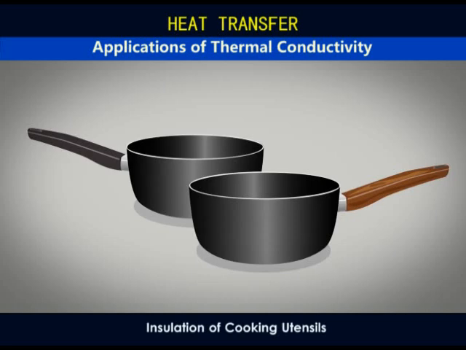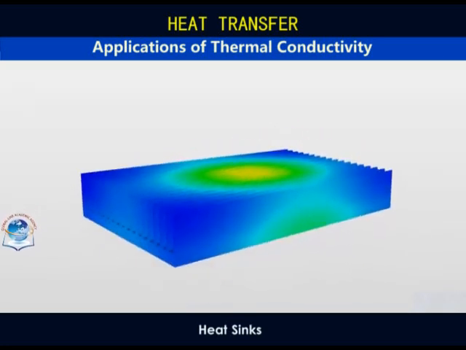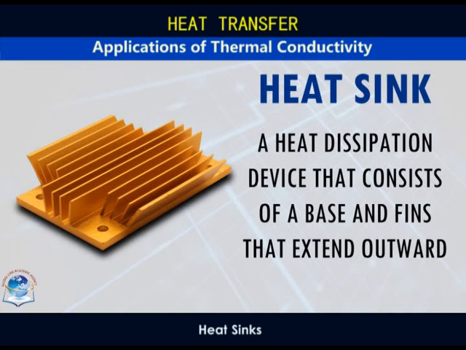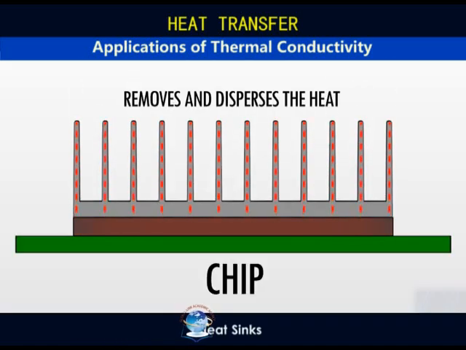Cooking utensils are made of metals which conduct heat rapidly. The handles are, however, made of or coated with insulators such as wood or plastic. Thermal management is important when dealing with electronics. A heat sink is a heat dissipation device that consists of a base and fins that extend outwards. When a chip heats up, a heat sink removes and disperses the heat to keep the chip at a proper